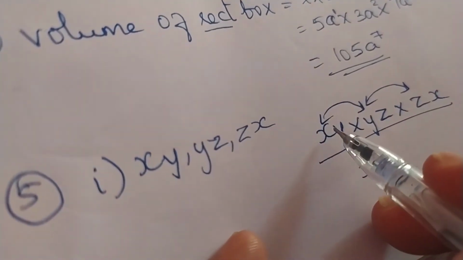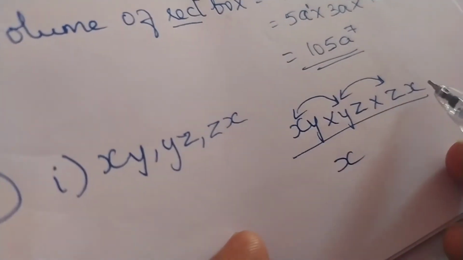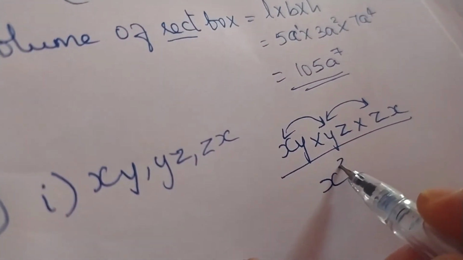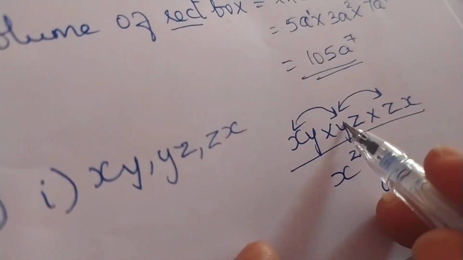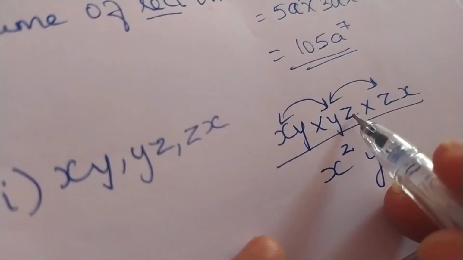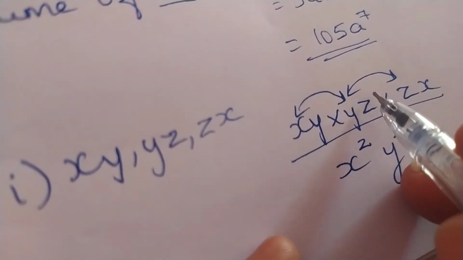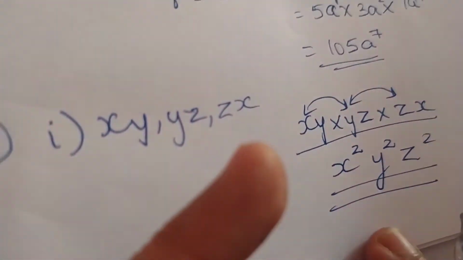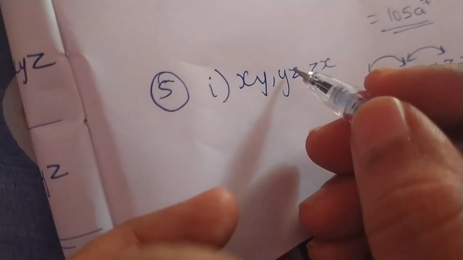Let us take x. How many x are there? No power? No power. Here there is x, here also there is x, here there is no x. No power means 1, 1. We add, 2. y. No power means 1 and 1. We add, 2. Here z, z. Only 2 times z are there. No power. So we add, square. So the answer is x square y square z square. This is how we do, children. I hope you have understood.